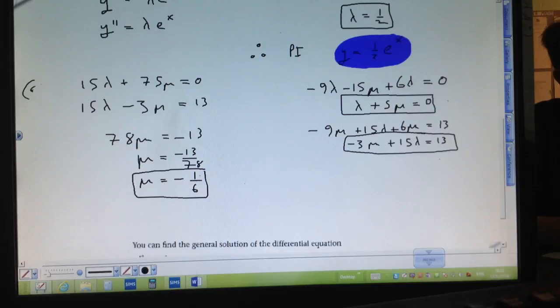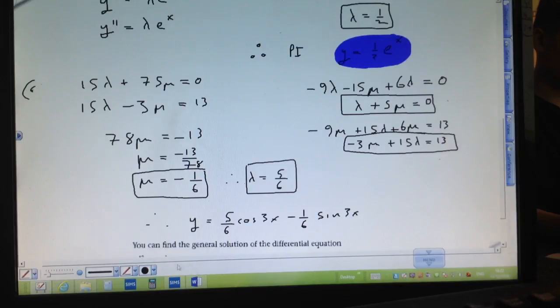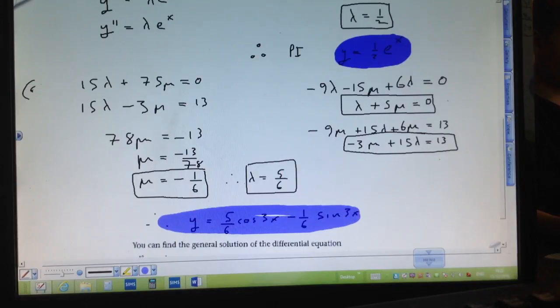Okay, so I'm going to shove that into this one here, would be easiest. So therefore lambda is equal to minus 5 over 6 thrown over gives you 5 over 6. Straight off I can say, and I rubbed it out here, but up here my statement was that y was equal to lambda cos, so it's 5 over 6 cos 3x, and it's plus, but it's minus there, so it's minus 1/6 sin 3x. Okay, so that is the particular integral for that